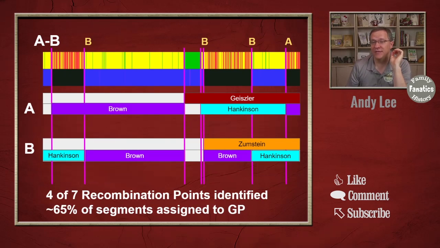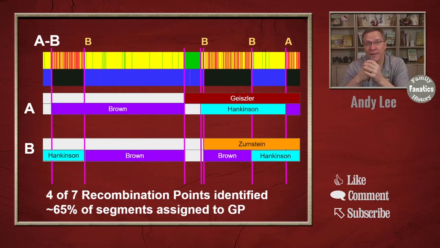And here's the amazing thing. We've looked at 3 matches so far. Just 3 matches for this one chromosome. Now, you're going to be doing this for all 22 chromosomes. But we've identified 4 of our 7 recombination points, more than half of them. And if you look at the colors, we've got roughly about 65% of all the segments assigned to a grandparent,